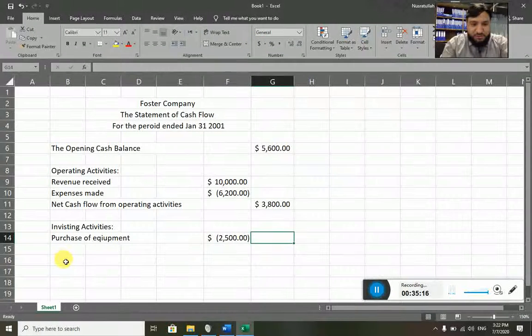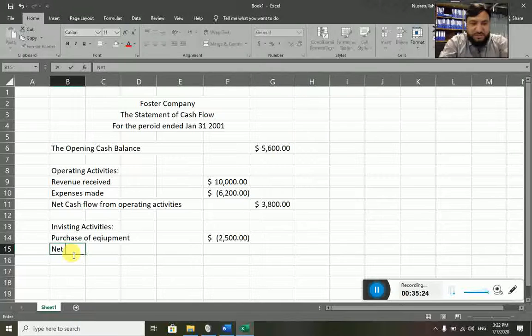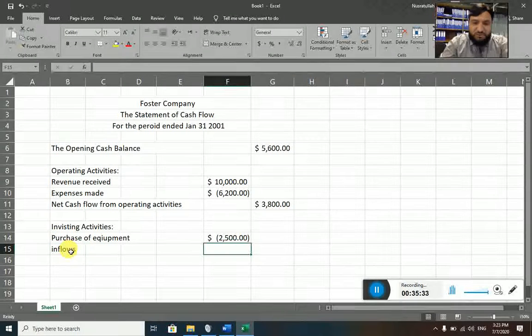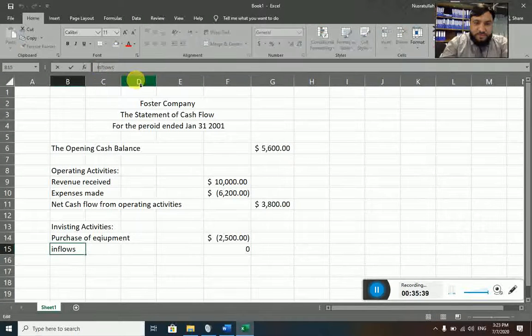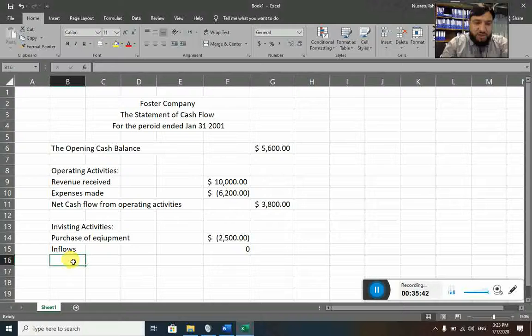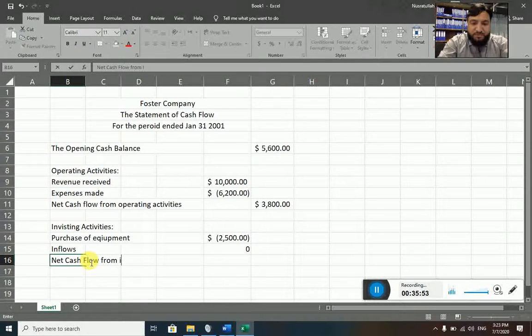And we don't have any inflow activity, so we'll have to put a net. Let's write inflows. Inflows are 0, right? We have no inflow from investing activities, so we have to put that as a 0. Now let's write net cash flow from investing activities,